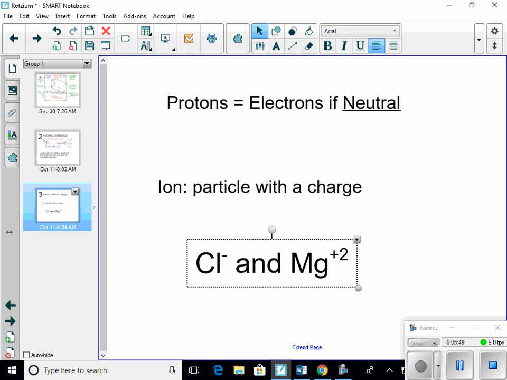Those are called ions. An ion is a particle with a charge. I'll give you 2 examples in the bottom of the sheet here. Cl minus 1 and Mg plus 2. Let's look at these 2 quickly, and then we're going to give you a little time to practice identifying subatomic particles. If I look at the Cl minus 1 first,